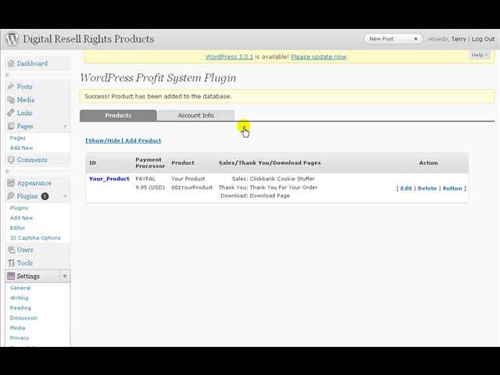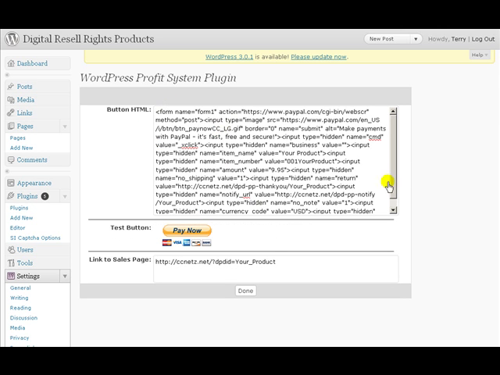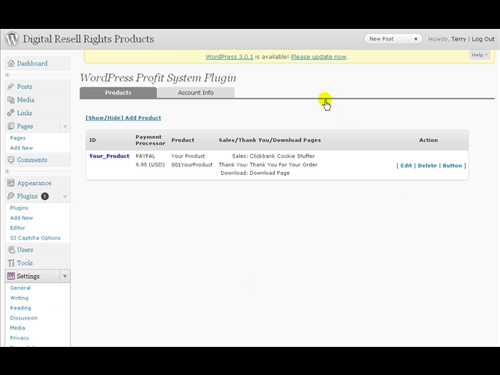And that's it. Okay. Now, if you were actually going to use a page, or you wanted to put a sales button on a page outside of the WordPress system, you can go over here to button and get your code for your PayPal button. All right. That's only if you're selling it from another place outside of your WordPress system. And that means that, another sales page or whatever, you could put a buy now button on there and use this to process orders. The sales page does not have to be on WordPress. Okay, with that said,